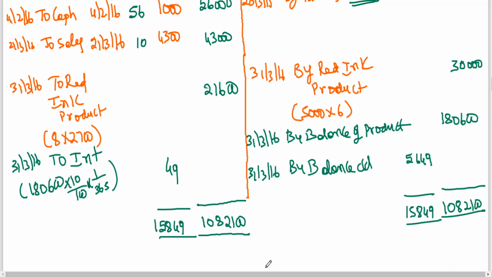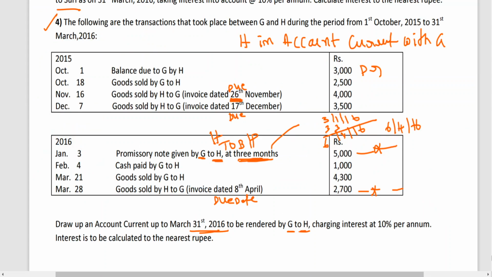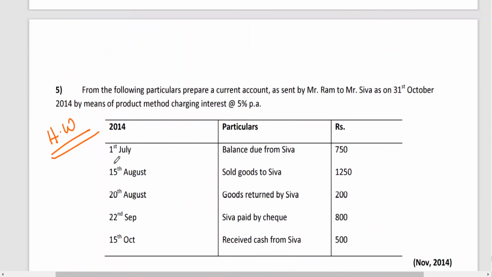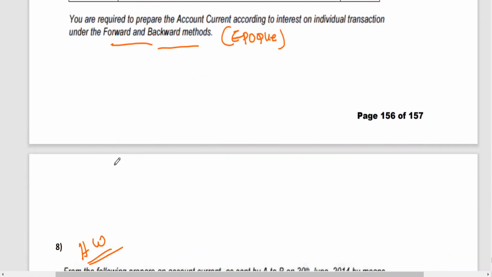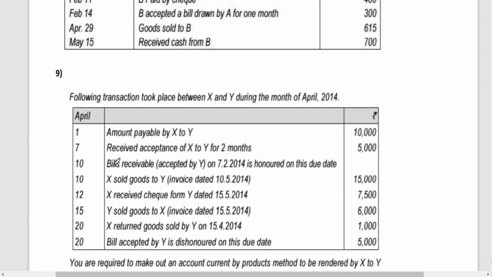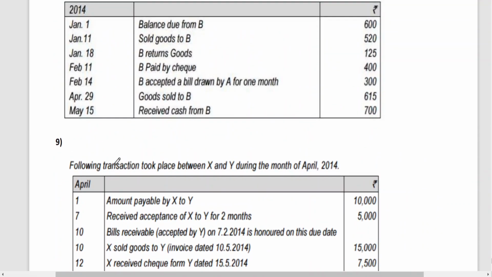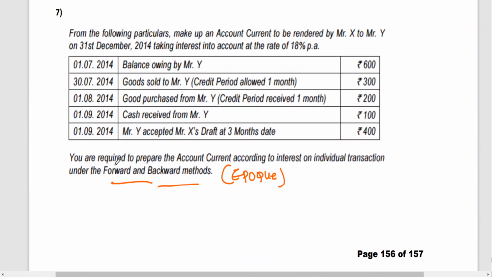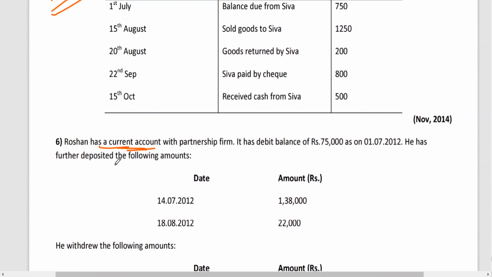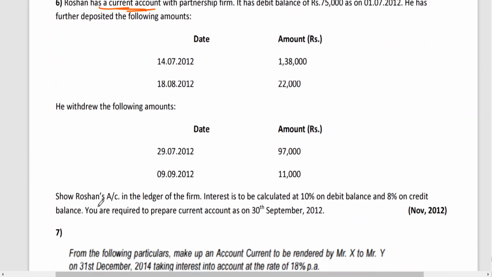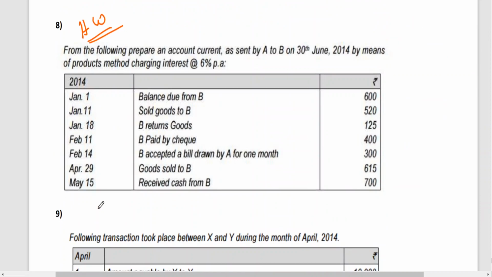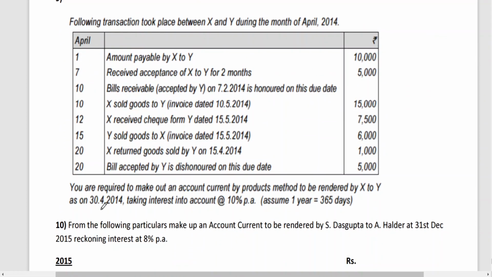Clear to all of you? This is how we have to work out the problems. I have told you today's class, and after completion of this, I have given homework to you. The 5th is homework to you, and the 8th is homework to you. Then we are left with 9th, 10th, 7th and 6th. So we have 4 problems: 6, 7, 9, 10. That we can take up in the coming classes. With that we can complete the syllabus, right? Thank you. We'll meet in the next class. Till then, goodbye. Thank you. God bless you all.